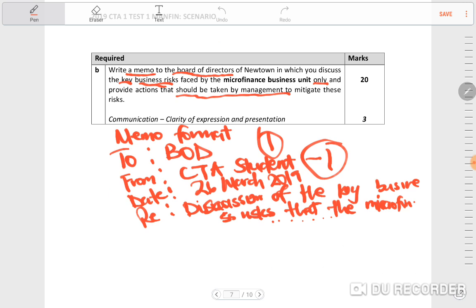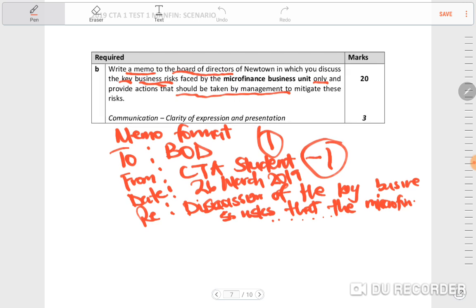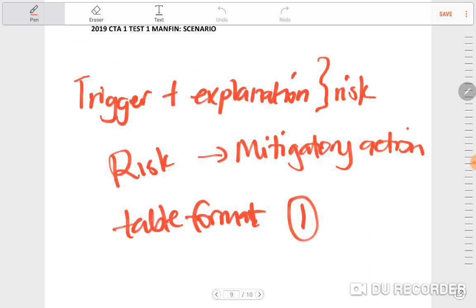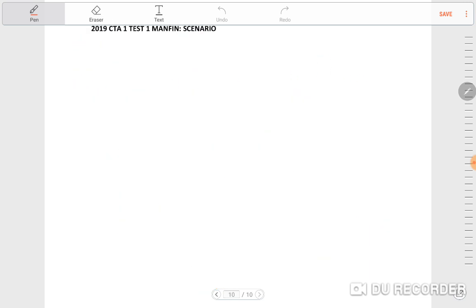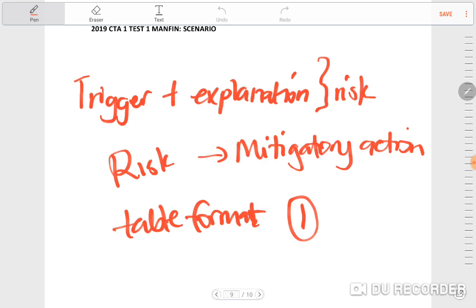Write a memo. Your specific section or scope was supposed to be from the microfinance business unit only. So if you suggested any other business risks faced by, for example, the retailing section or the manufacturing section, no marks were awarded. So if you have any further questions after you've gone through this video with regards to specifically